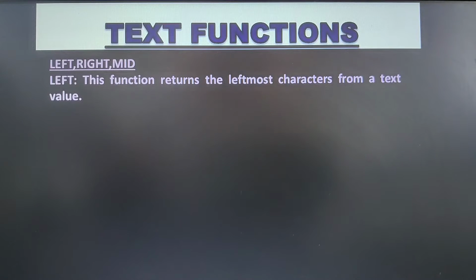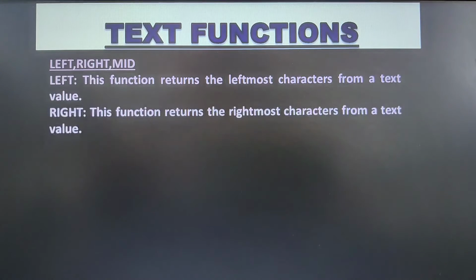It's a clear indication that I want to see the two leftmost characters in the particular string, that is SCIENCE. I hope you are understanding. In that case the value which I'll get will be SC.